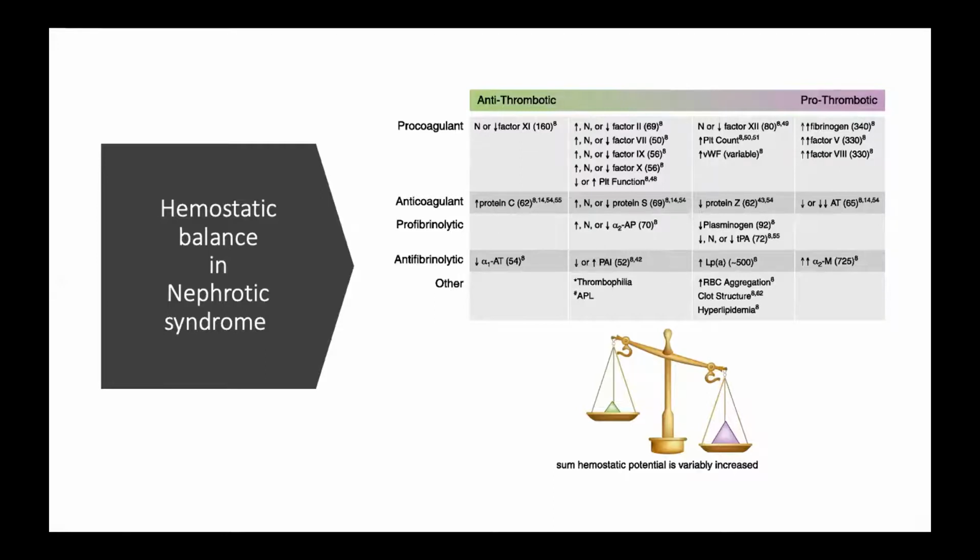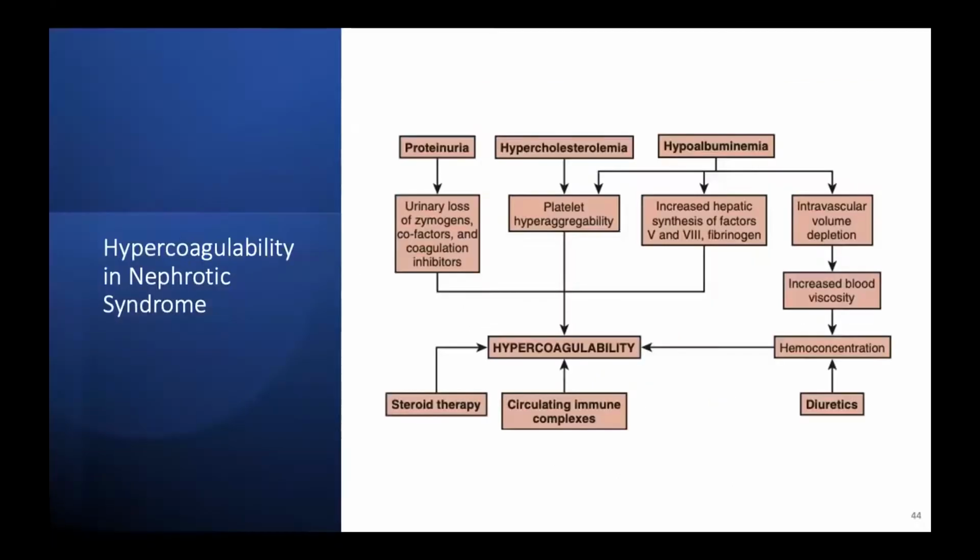All these factors tilt the balance in favor of a prothrombotic state, and this is how proteinuria contributes to urinary loss of zymogens and cofactors and coagulation inhibitors. Hypercholesterolemia contributes to platelet aggregability, and hypoalbuminemia contributes to platelet aggregability and increased hepatic synthesis of factors 5, 8, and fibrinogen. And there is intravascular volume depletion associated with hypoalbuminemia, which increases the blood viscosity and hemoconcentration,